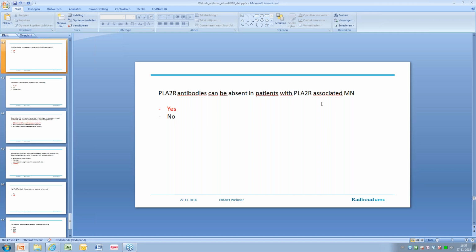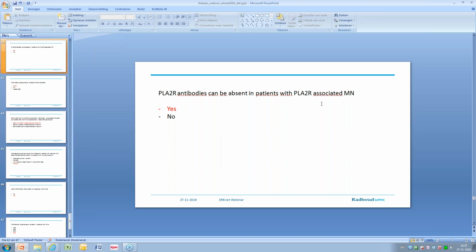Thank you very much. I think we'll have now the last question. And this is regarding the recurrent membranous nephropathy post-kidney transplantation. Is it related to anti-PLA2R level before transplantation? Well, I would say we don't have a perfect prediction. It's clear that if you have antibody present before transplantation, the risk of recurrence is higher than if the antibodies have disappeared. But there have been patients described with antibodies who did not develop